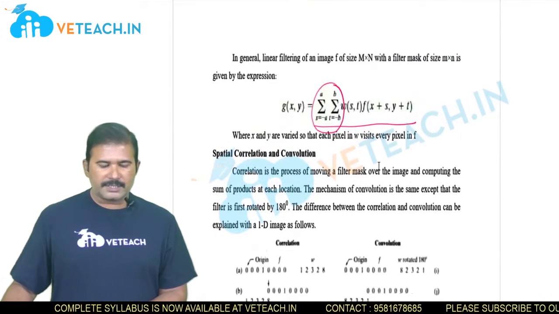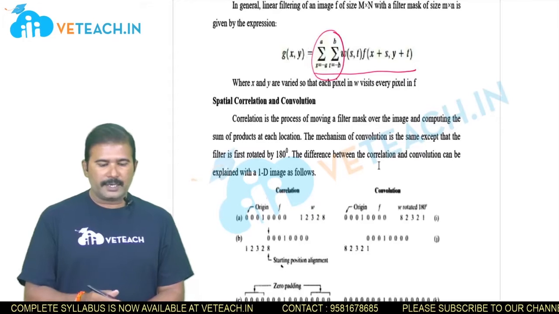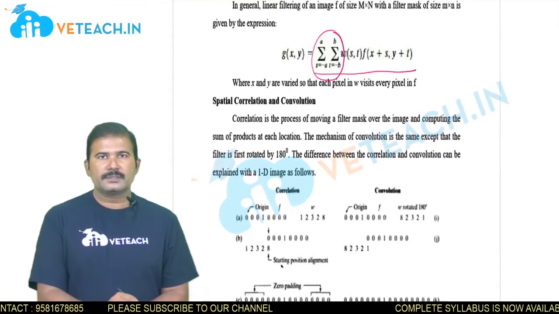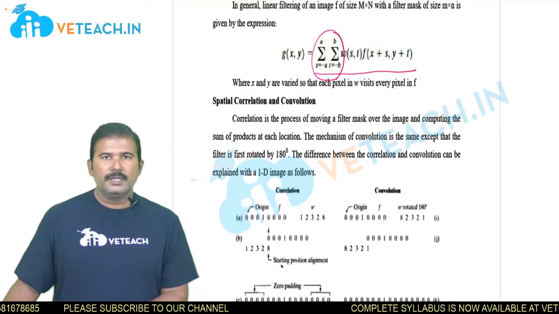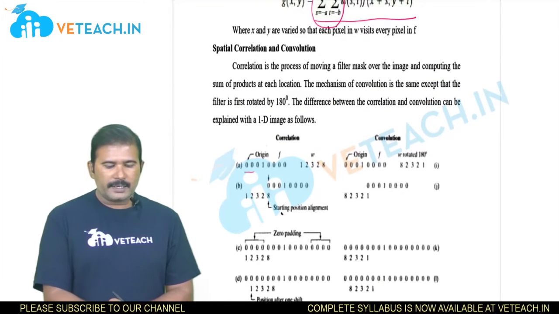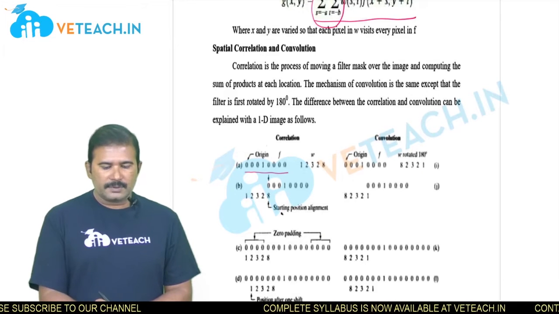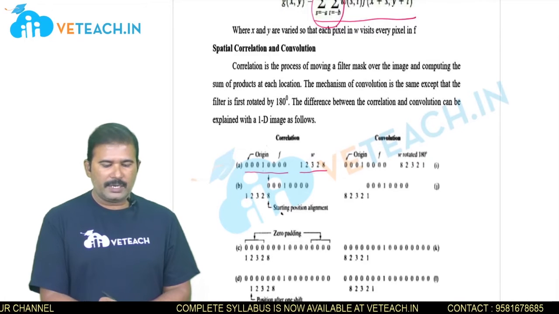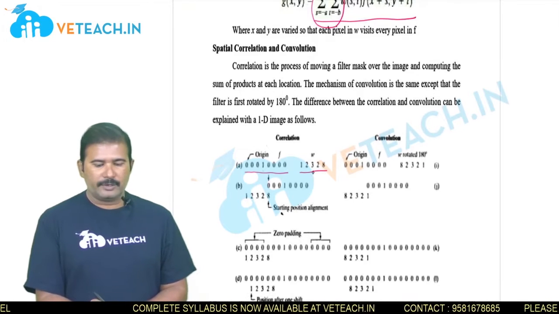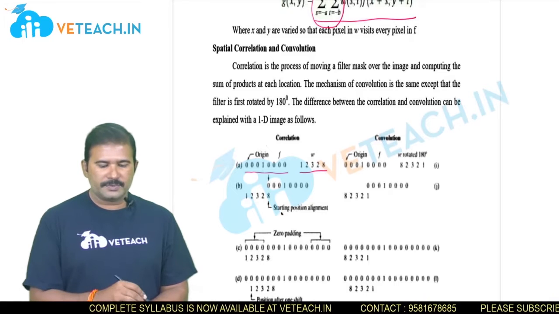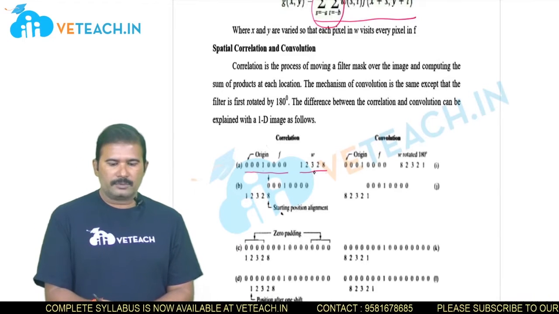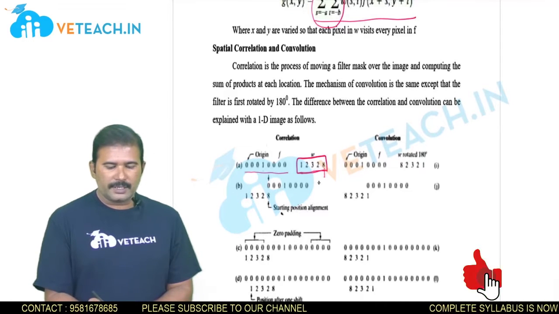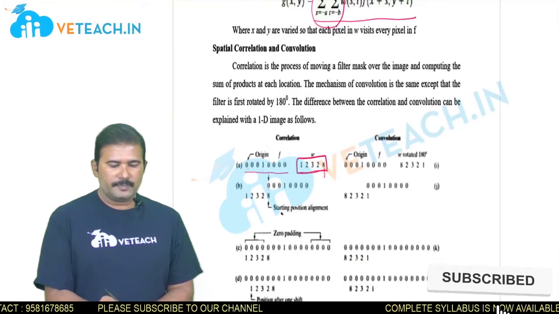Depending upon the selection of the filter, the basic operations in filtering are correlation and convolution. There is a slight difference between spatial correlation and spatial convolution. In correlation, all the pixels are taken as a row vector, and the filter coefficients are also given. For example, here f has only one non-zero value at the center, and the filter has only 5 coefficients: 1, 2, 3, 2 and 8. These are the filter coefficient values. Now flip the coefficients, so that the last value of the filter coincides with the first value of the pixels in the image.